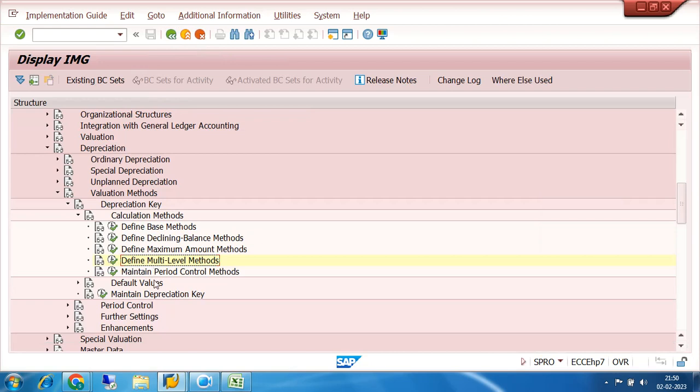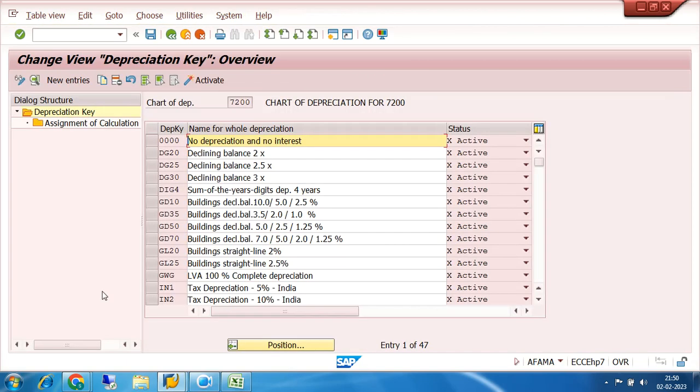After creation of this, I will maintain the depreciation key. I have already told you that the depreciation key consists of the type of depreciation, the method of depreciation, as well as the rate of depreciation. Whenever I create the depreciation key, I come to this screen and